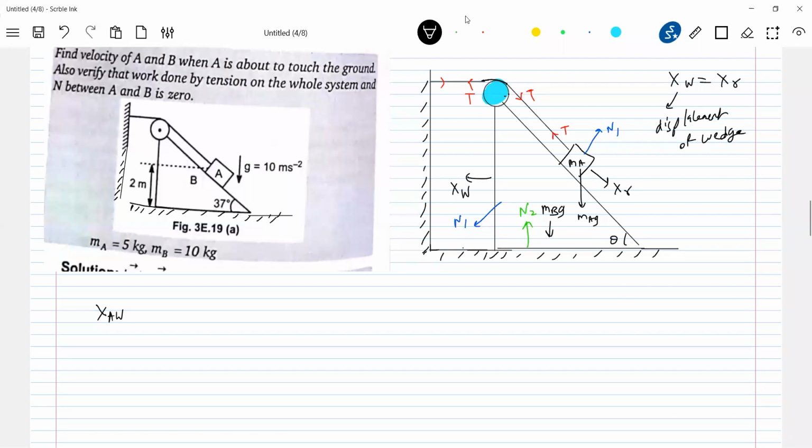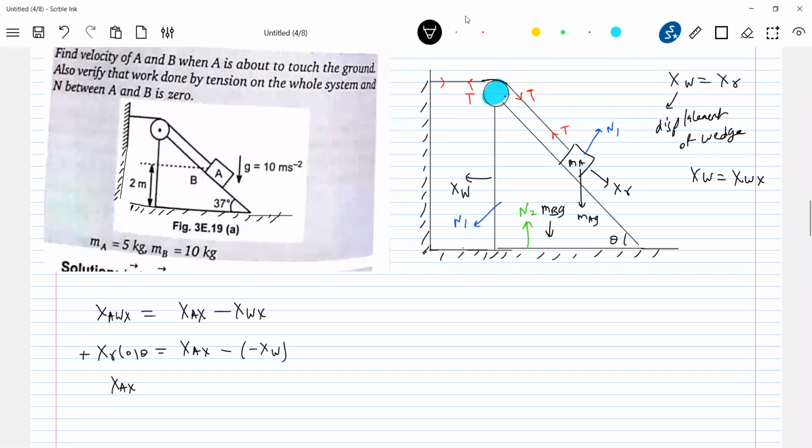Displacement of block A with respect to wedge B along the X-axis should be equal to XAX minus XWX. What is XWX? XWX is nothing but equal to this one, because the wedge is moving only along the X-axis here. This is what we know, XR. Along the X-axis, how much should it be? XR cos theta. I don't know the displacement of block with respect to ground along the X-axis. And this will be positive, no? Anything directed towards right, only for this relative displacement, this one will be positive, and this will be negative.